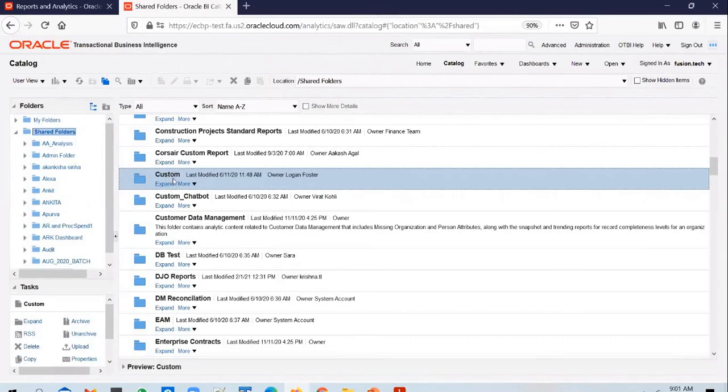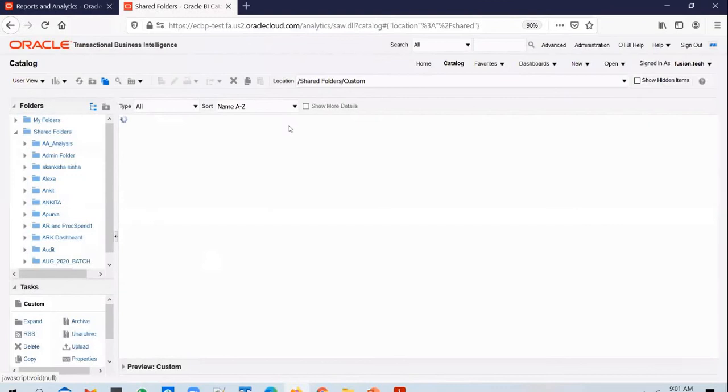And if you ask, can't I place it outside of the custom folder? Can't I create a new folder and place my report? You can definitely place it. But the benefit of placing your report in a custom folder is, this is an upgrade-proof folder. What it means is, whenever Oracle does some maintenance activity in the instance, whenever it applies some patches or whenever it upgrades the instance, it will not touch this folder. Okay, so it does not touch this folder. So for that reason, you need to create your report within the custom folder.